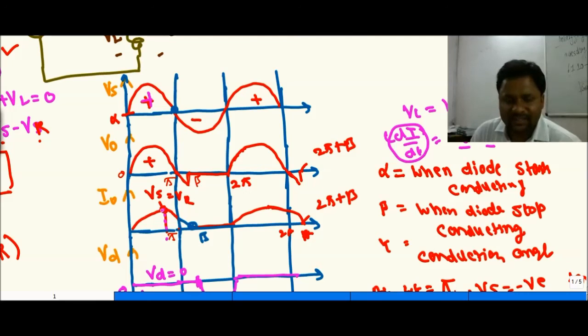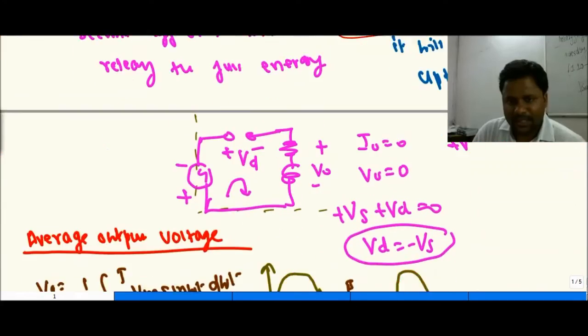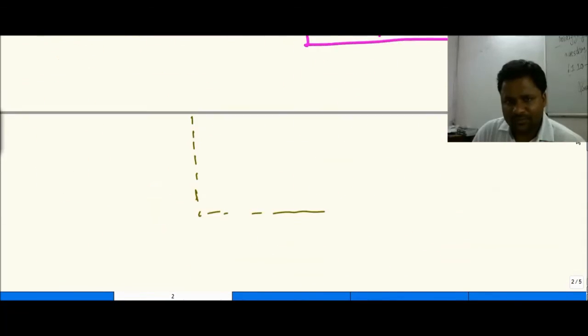The current is decreasing. The di by dt is decreasing, and we have seen that up to pi it is decreasing. When it reaches pi, the source voltage is negative, so the output voltage is going to be negative. This is the point. So this is the condition where conduction stops. At omega t equals alpha, the diode starts conducting. At omega t equals beta, it stops conducting. So we can say that this is the basic operation. Now what will happen? The observation.